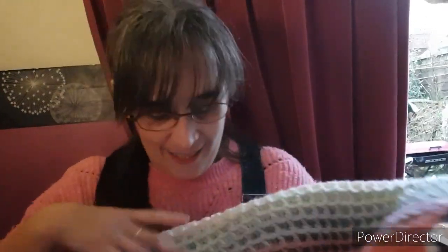So, next up is crochet. I completed my waffle stitch blanket. Yay! I was so glad to finish this. I thoroughly enjoyed this. It's got to be a favourite stitch of mine. It really has. If you've never tried it, go give it a go. It's brilliant. It's warm, it's cosy. Oh, it's brilliant. So I will insert some pictures of the